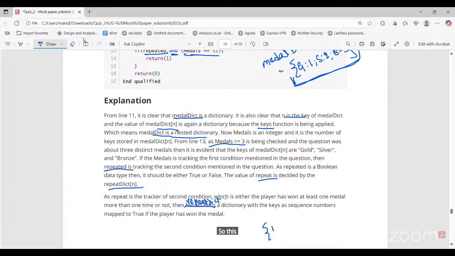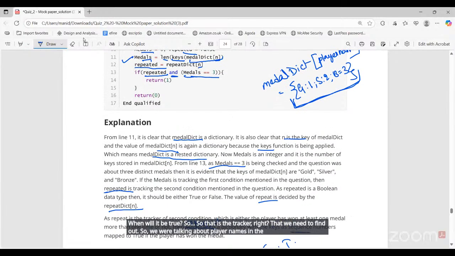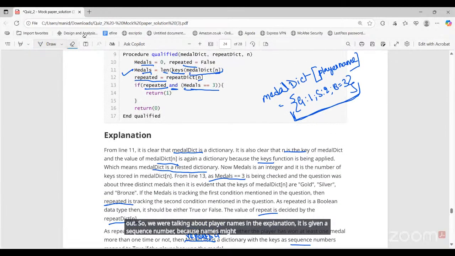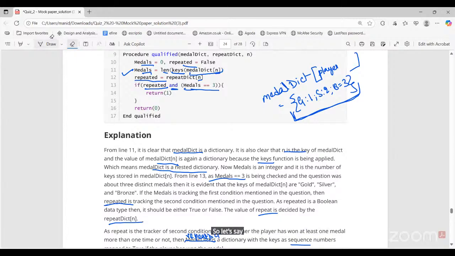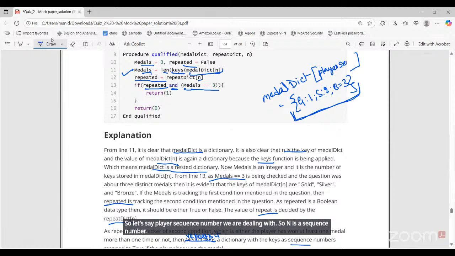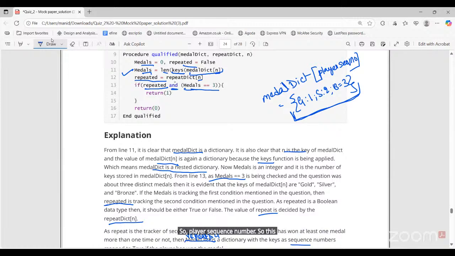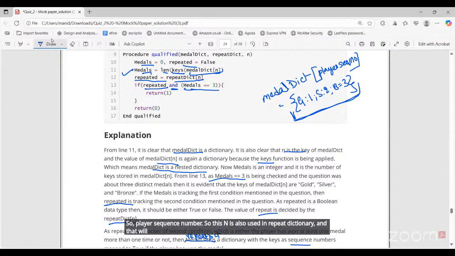So this has some player name N1 mapped to true. When will it be true? If any medal more than one. So that is the tracker, right? That we need to find out. So we were talking about player names. In the explanation, it is given as sequence number because names might not be unique, right? So let's say player sequence number we are dealing with. So N is a sequence number. So this N is also used in the repeat dictionary,